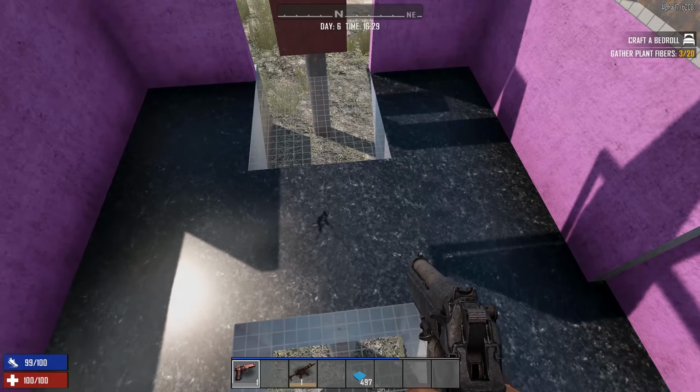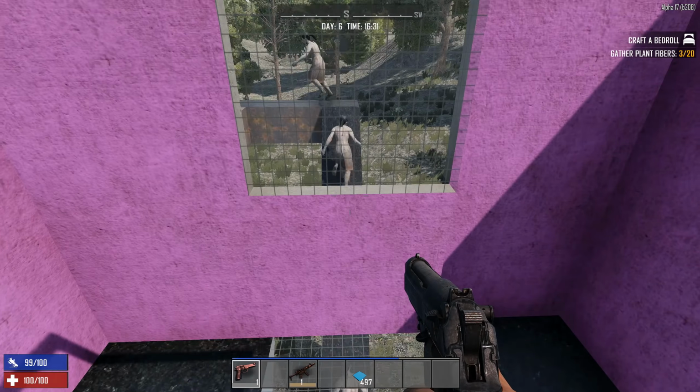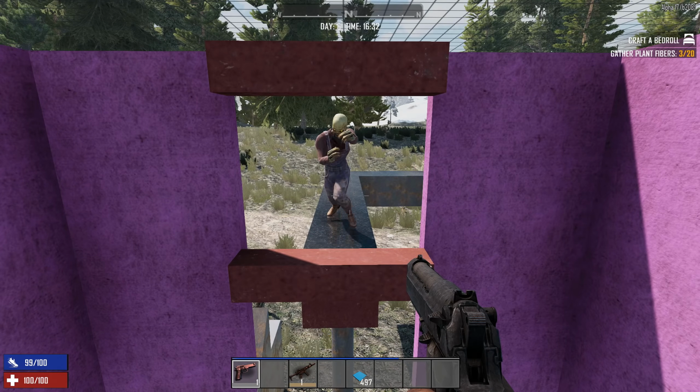And you'll see them coming below, but if I stand here, everything is fine. They go the same way continually, right? Look at this safe base. You can have a whole horde